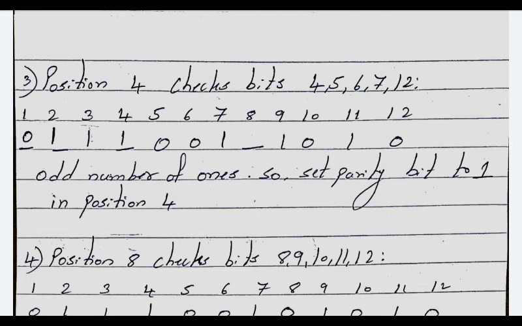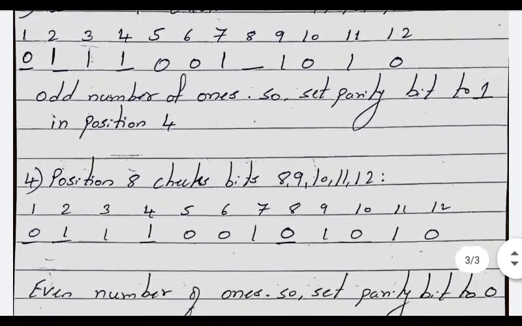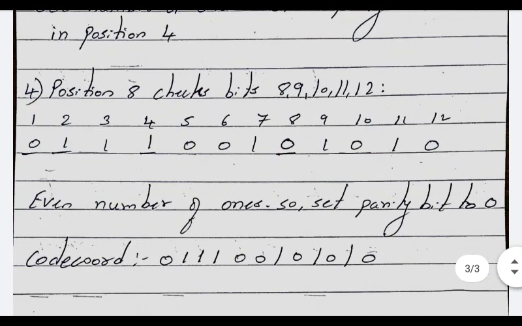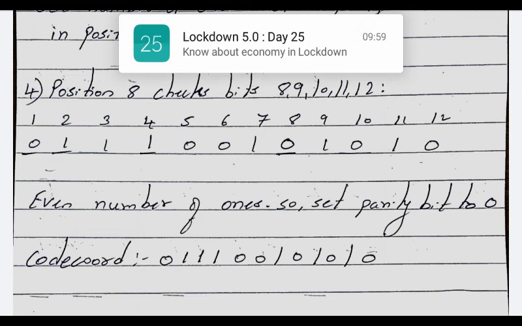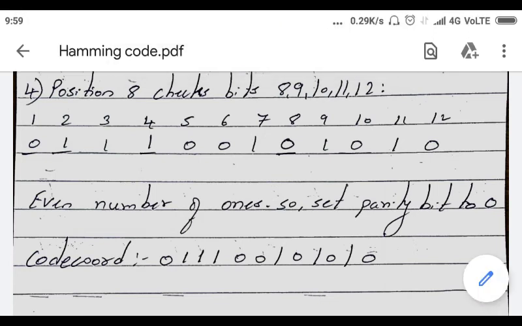Now only one parity bit remains, that is 8. What you have to do is check 8 continuous bits and skip 8. 8, 9, 10, 11, 12 and so on, up to 8 bits you have to check. So here you check starting from bit position 8. At 9 you have a 1, 11 is 1, so you have two ones in these particular positions, starting from position 8, 9, 10, 11 and 12. So an even number of ones is present here.